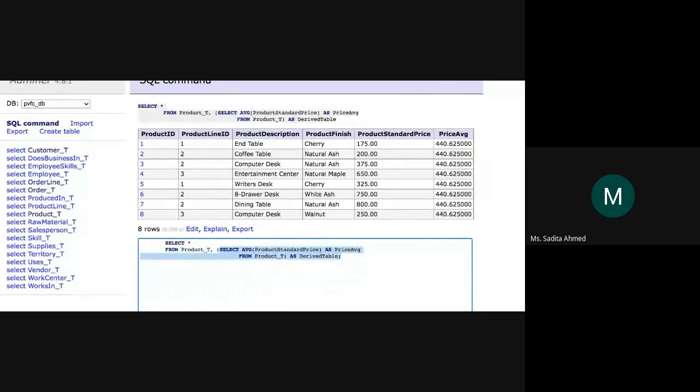What table is that? The derived table, a new table. So far we were giving only one table in the from clause. In all the commands that we have seen, and in many of the commands that we'll see after this as well, there will be only one table in the from clause. Very simple. But the moment you bring in multiple tables in the from clause,